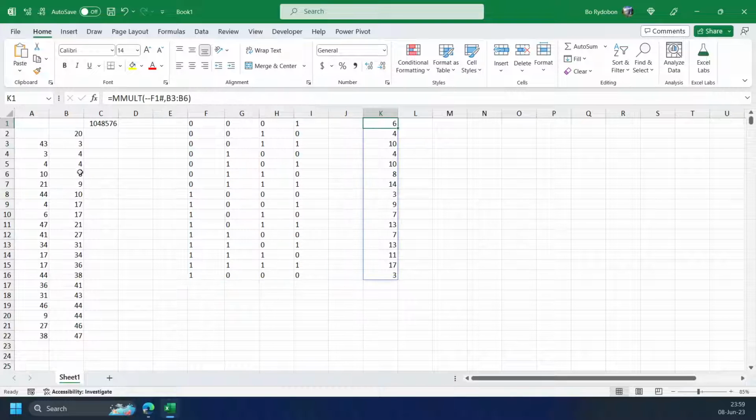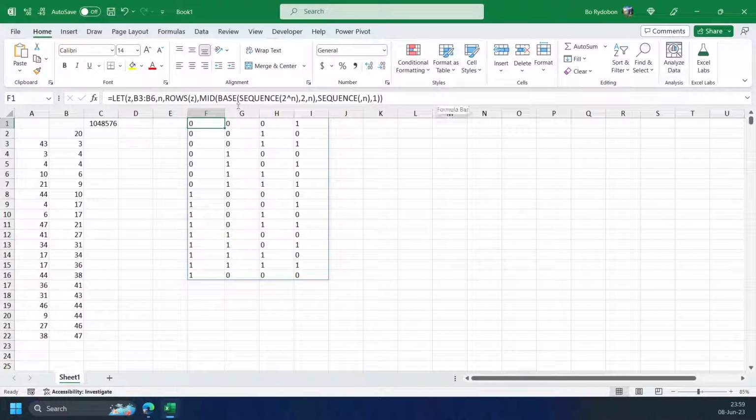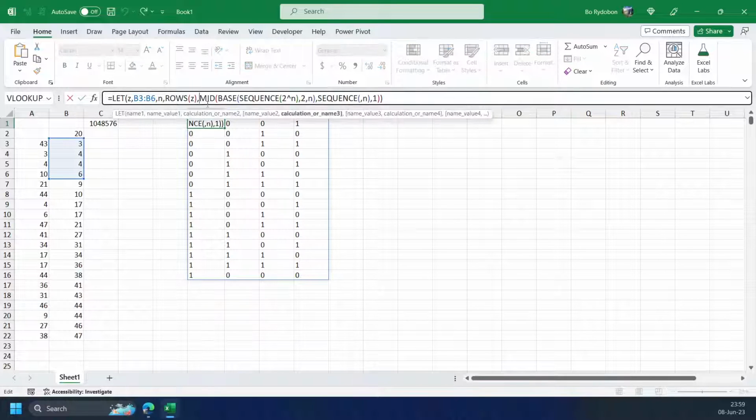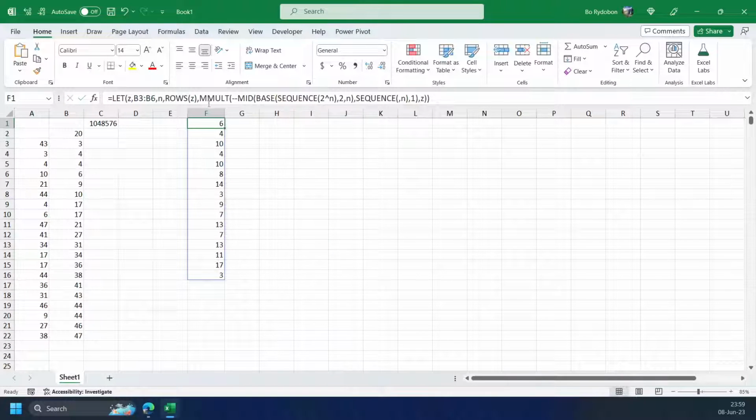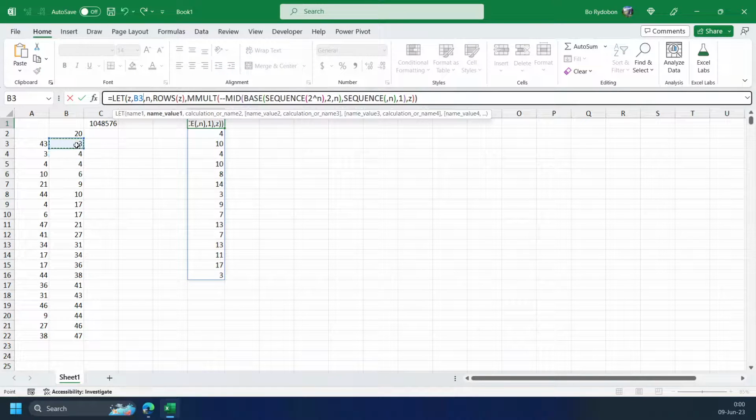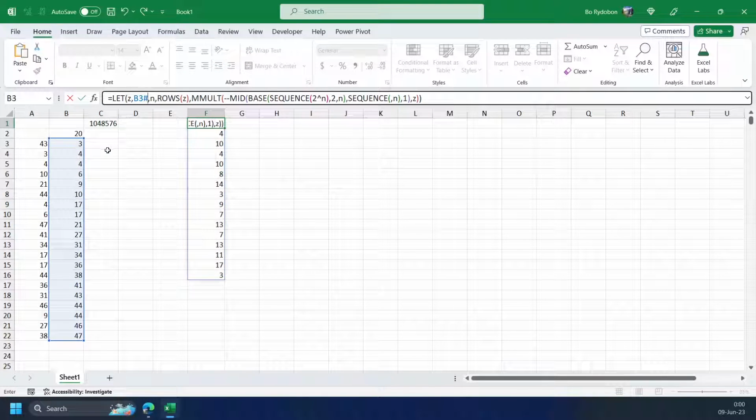So we got 6, and then 4 here, we got 4. So this is how we do it. Here we use the same: MMULT of the minus of this, and then C. This is all the totals, and then I change this to sharp. I got all the totals,